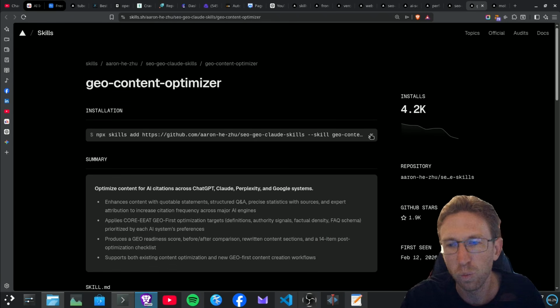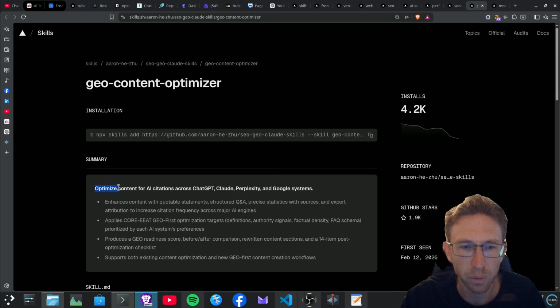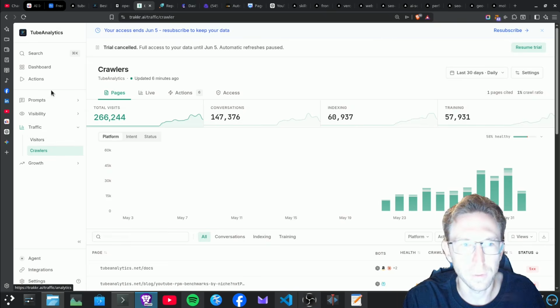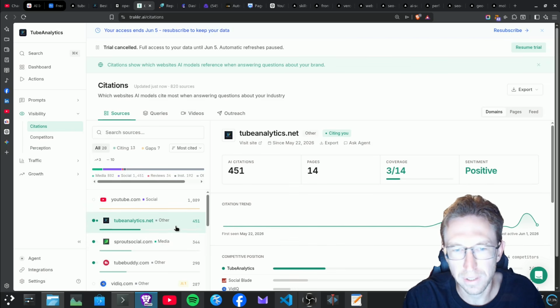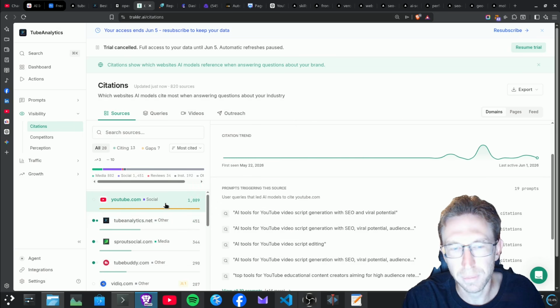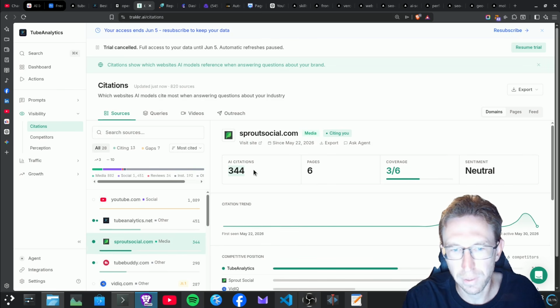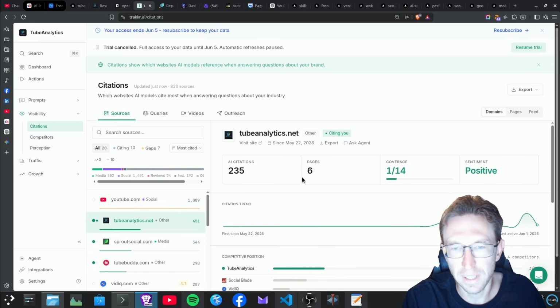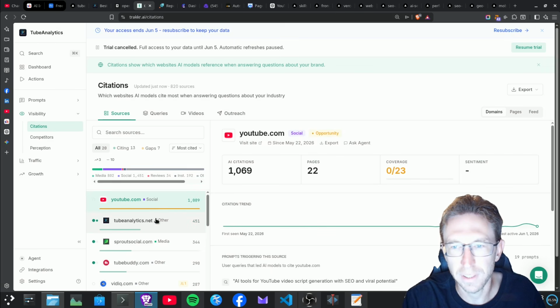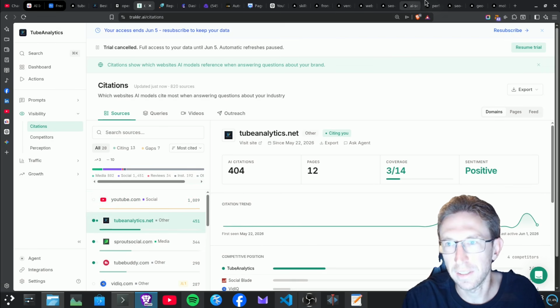Again, it's just a simple one-line command that you're going to run, and that will optimize your content for AI citations across ChatGPT, Claude, Perplexity, and Google systems. And I'm going to show you an example over here. You can see TubeAnalytics, which is my software as a service, is currently outranking pretty much all of the competitors except YouTube.com. You can see the total number of citations over here. It's currently sitting at around 450 compared to Sprout Social at 344. TubeBuddy currently has 290 citations, and TubeAnalytics is almost beating YouTube at this point simply by using these custom skills